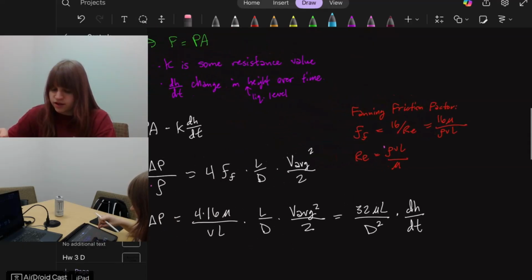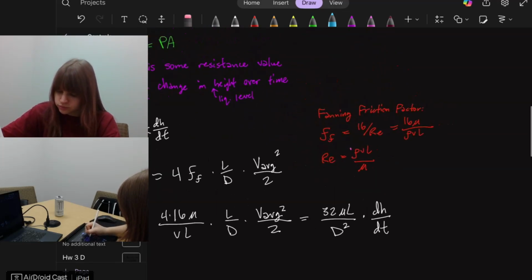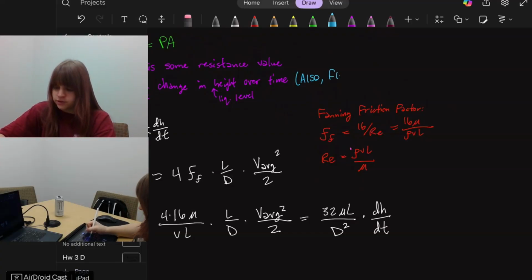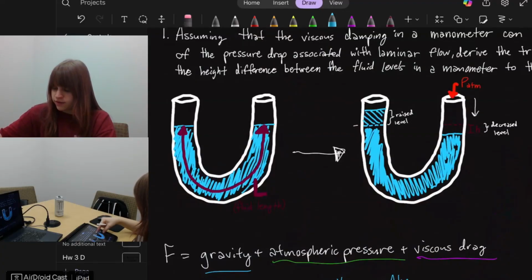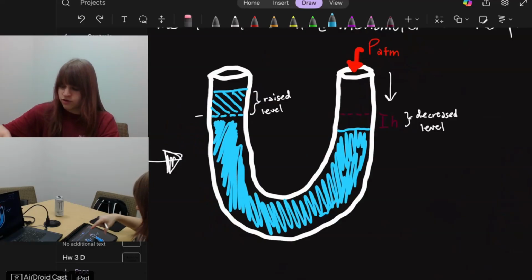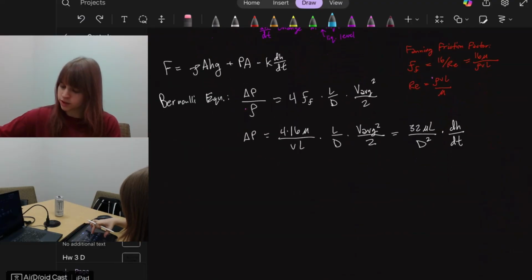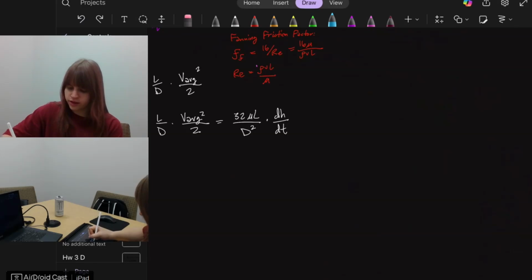And earlier when I said dH dt is the change in height over time, that is true, but also this is the fluid velocity. Because remember, we were talking about this fluid length and this height here. So as that height changes, that describes its velocity, the flow velocity. We then can multiply by the area, so we'll be left with